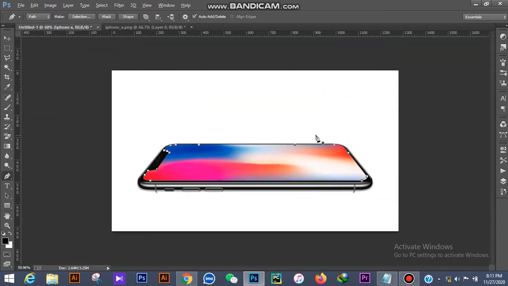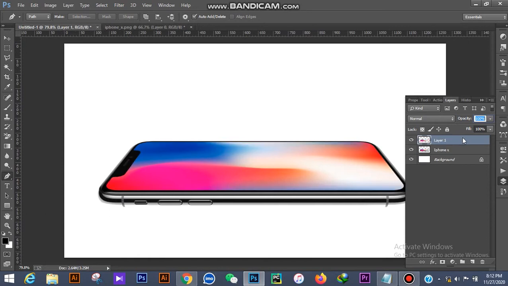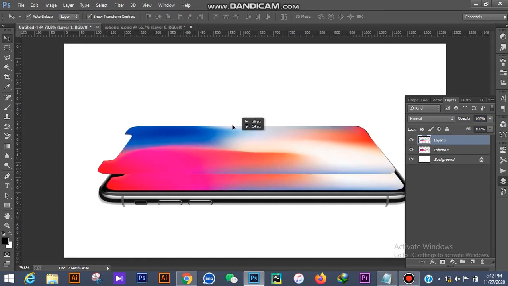Okay, select and Control and Enter. So copy this colorful place.